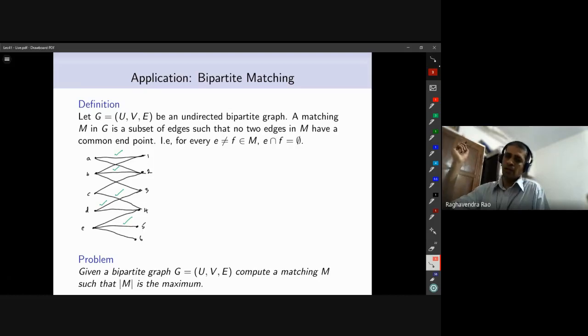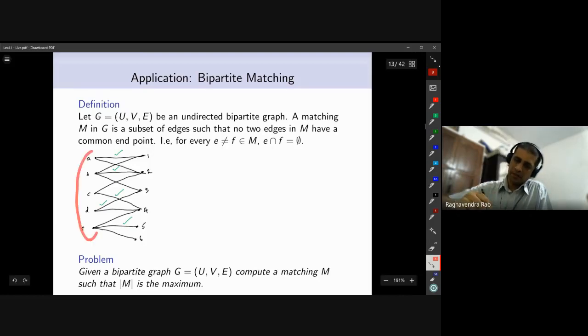Okay. Now a matching in G, well, matching can also be defined for an arbitrary graph, is a subset of edges such that no two edges share an endpoint or have a common endpoint. Okay. So for example, if you take this as a bipartite graph, let's take this as U and this as V. Now all these green ticked edges form a matching: 2, 3, 4, 5. So it happens that almost all vertices here are matched except this vertex. Everyone else is matched here.